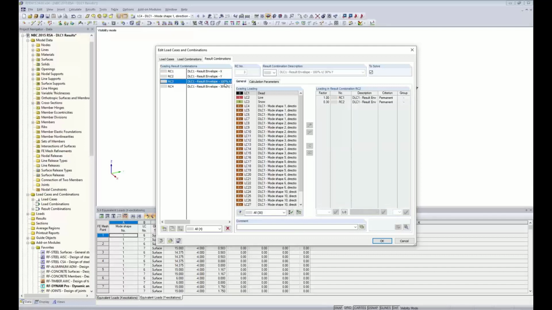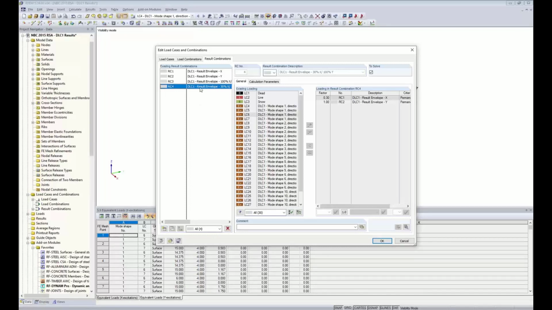And finally, we have our result envelope for the 130% rule. All that we're going to do here is take result combination 1 and add it to result combination 2, and you can see these over on the right-hand side, but we adjust our factors. Our factor is 1.0 in the X direction, and I can expand this out so you can see, and 0.3 in the Y direction. Taking a look at result combination 4, same concept, we just reverse those factors, 30% in the X and 100% in the Y. Now keep in mind, we can create new result combinations here down at the lower left-hand corner,